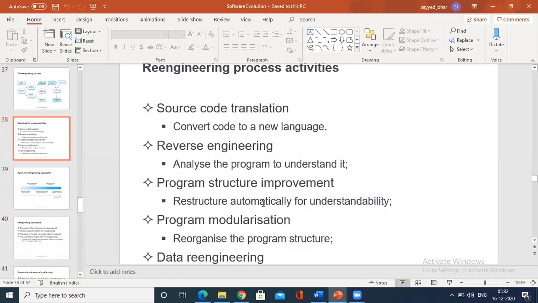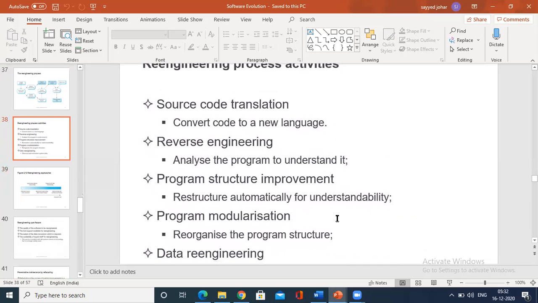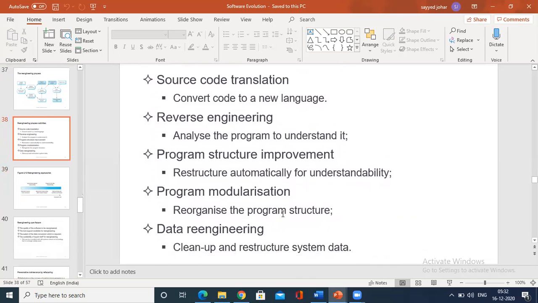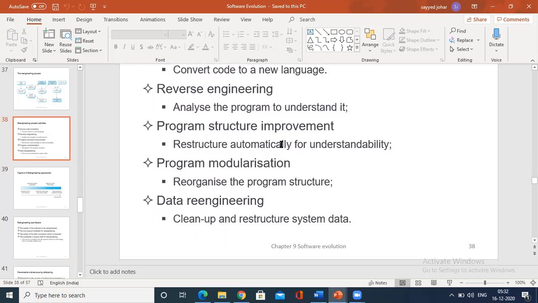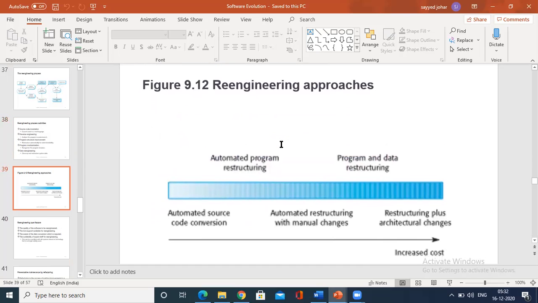Program structure improvement restructures the program automatically for understandability. Program modularization reorganizes the program structure. As I said, it is not mandatory that you should go in the same order, but there are some automation steps that will happen based on the application. This may change.